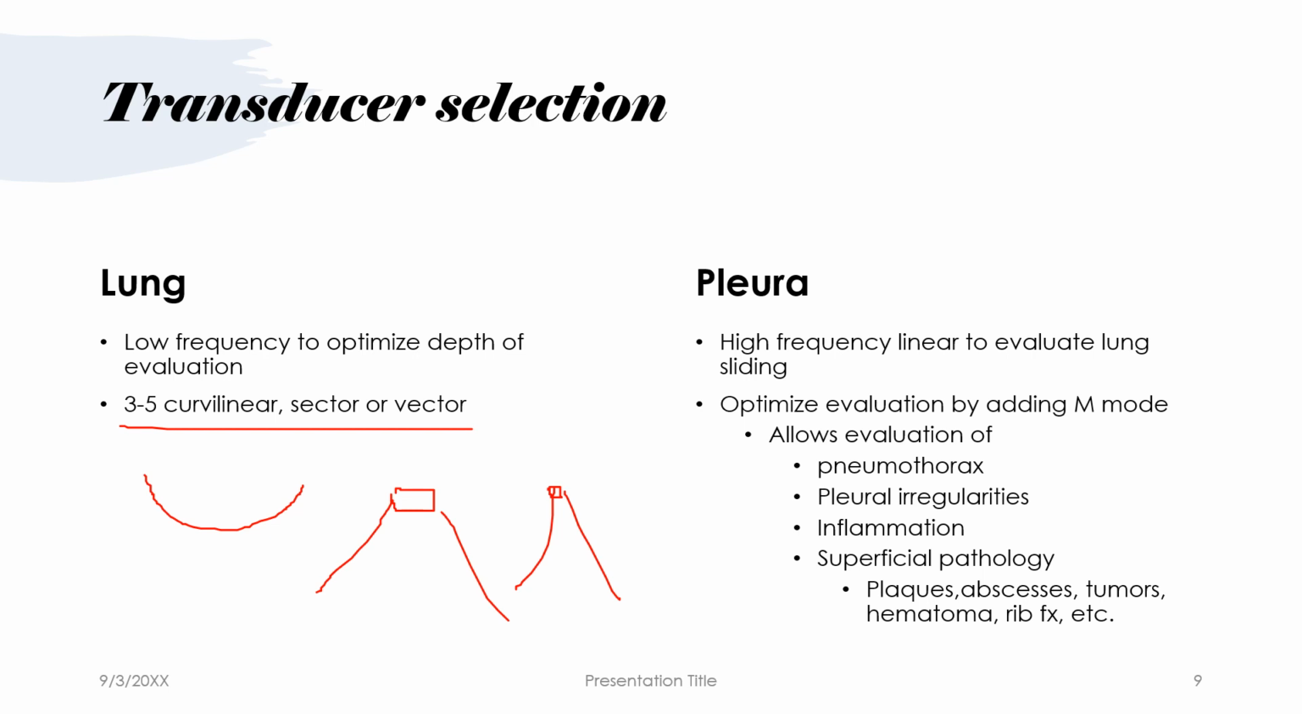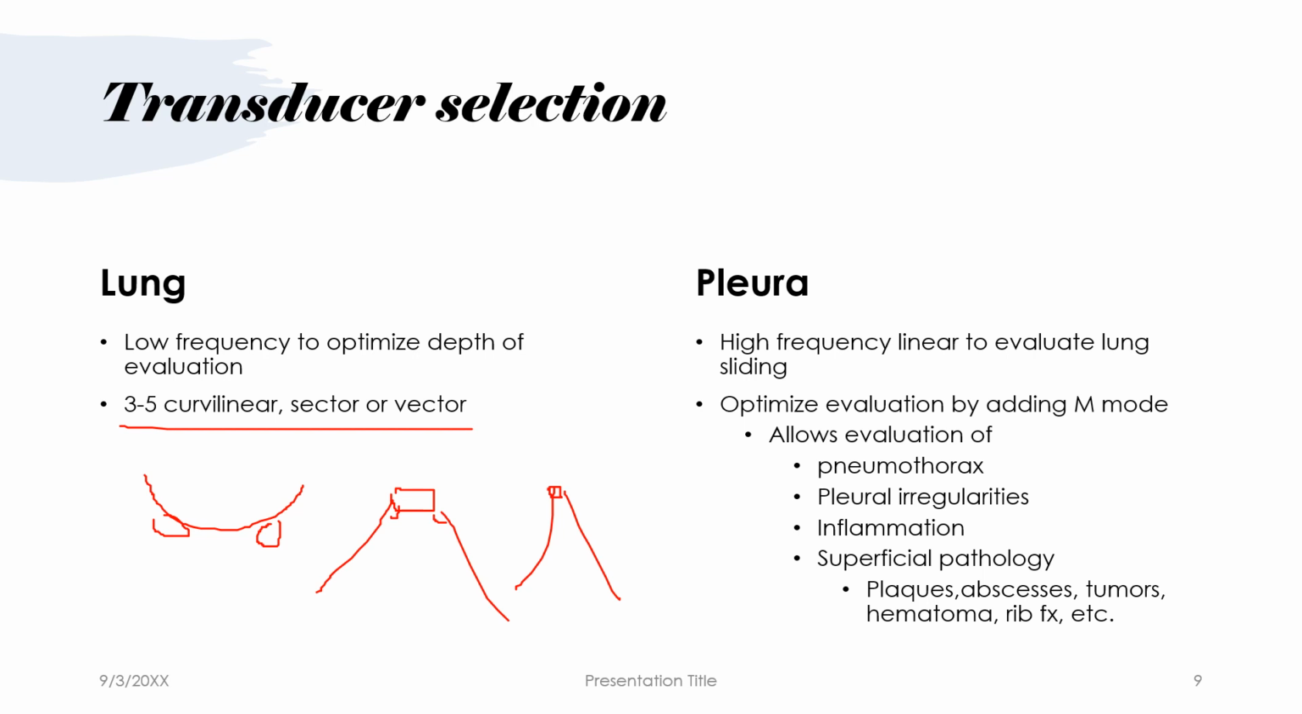Now, with the curvilinear, it has the widest footprint, so you're probably going to pick up more rib interspaces in this probe, whereas the vector or sector, you might be able to fit right in between the ribs and only see a little component, the lateral component of each rib, and then possibly a better visualization of the interspace. So you can play with your different probes, see what you like, and just know that you need to keep an adequate depth with these, because the purpose of these probes is to look deep into the chest, evaluating for those lung